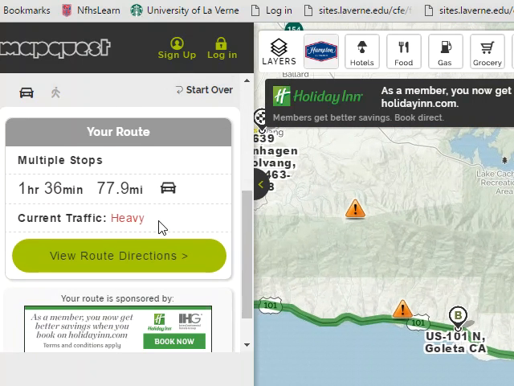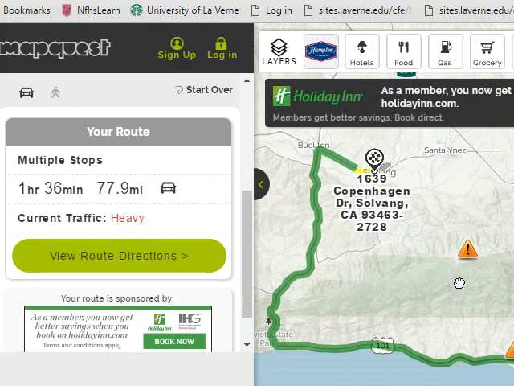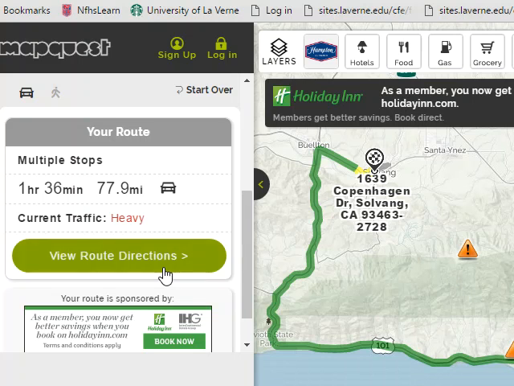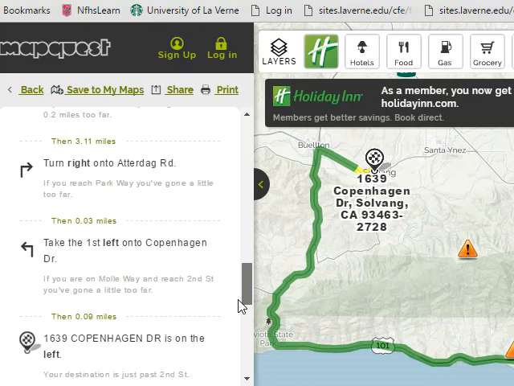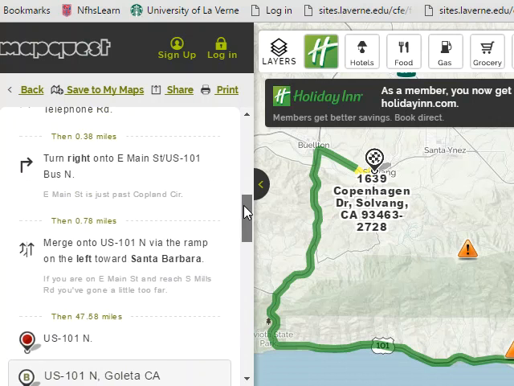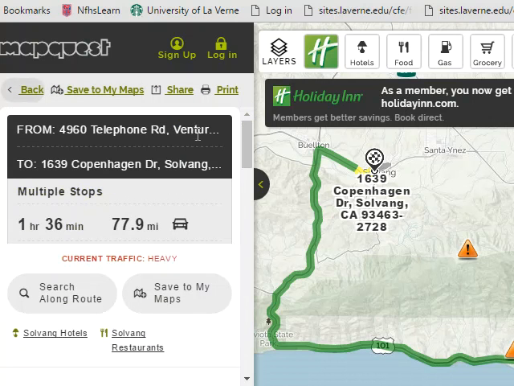And I love it because the old MapQuest version did not really give you real-time traffic conditions. This particular updated MapQuest on the computer actually does that, which I love. So view route directions, and it'll take you step by step, and then you can just print it out. You can share it, and also you can go